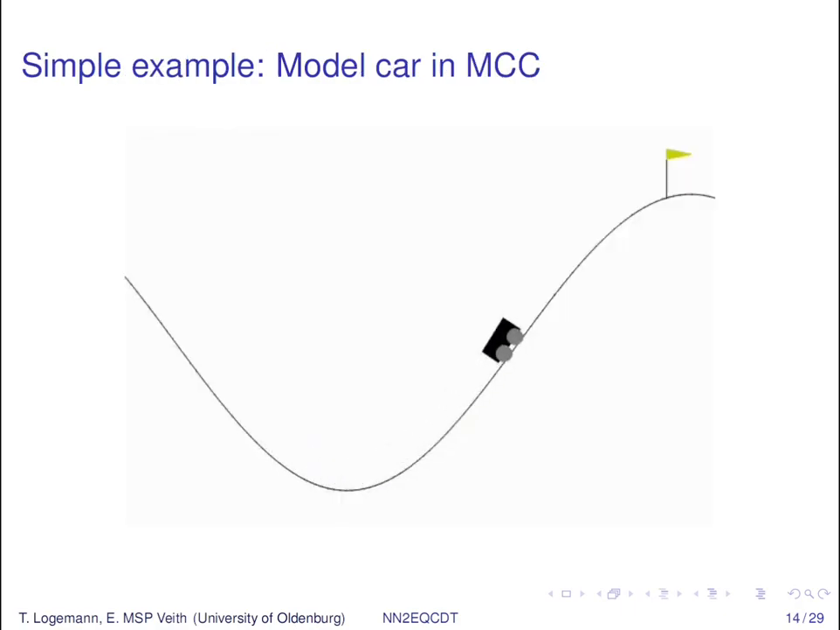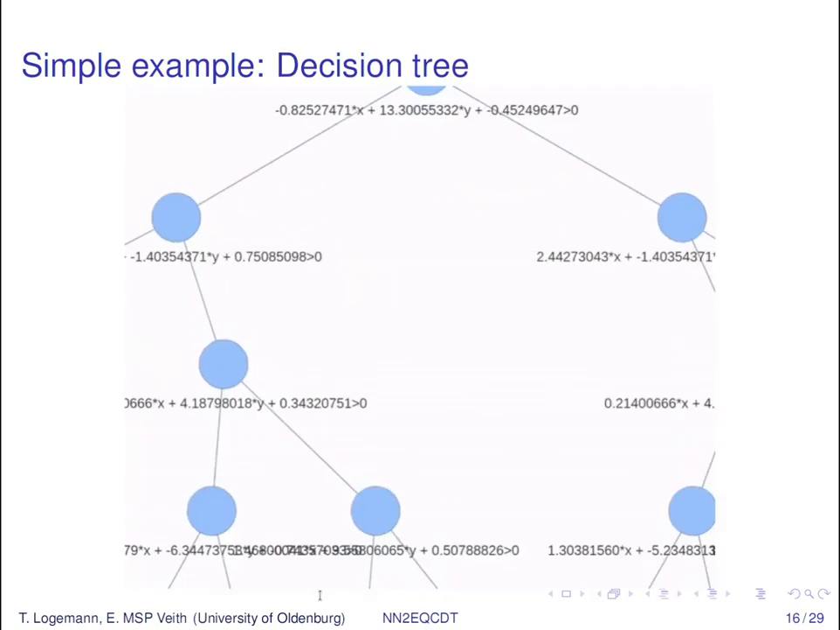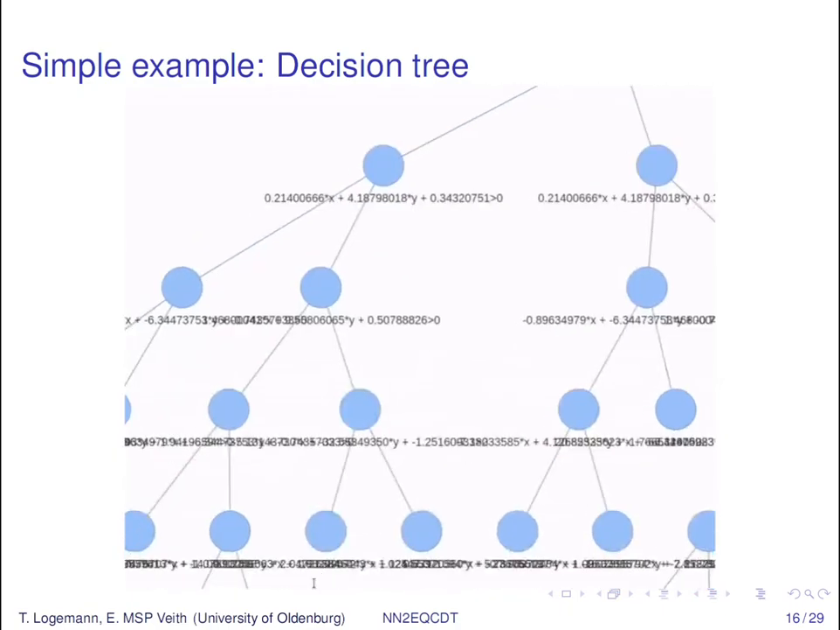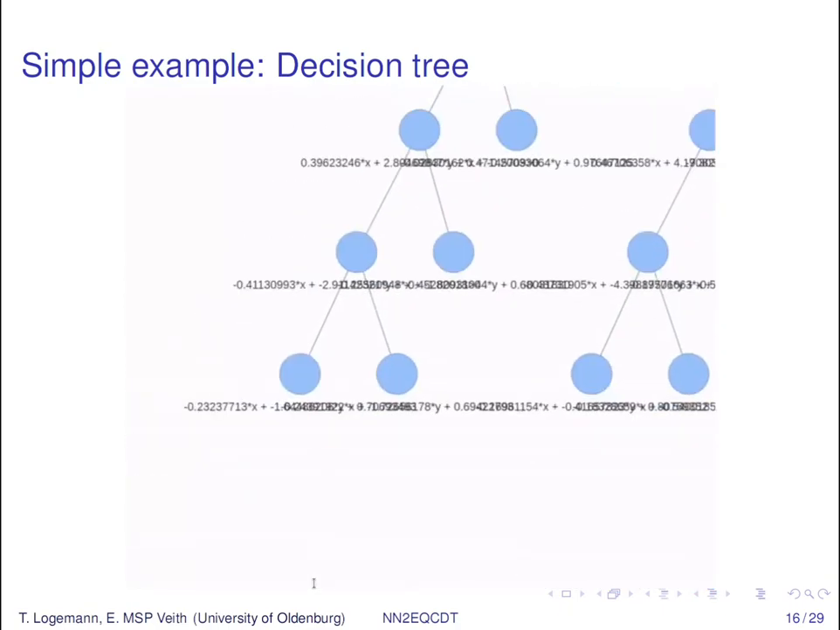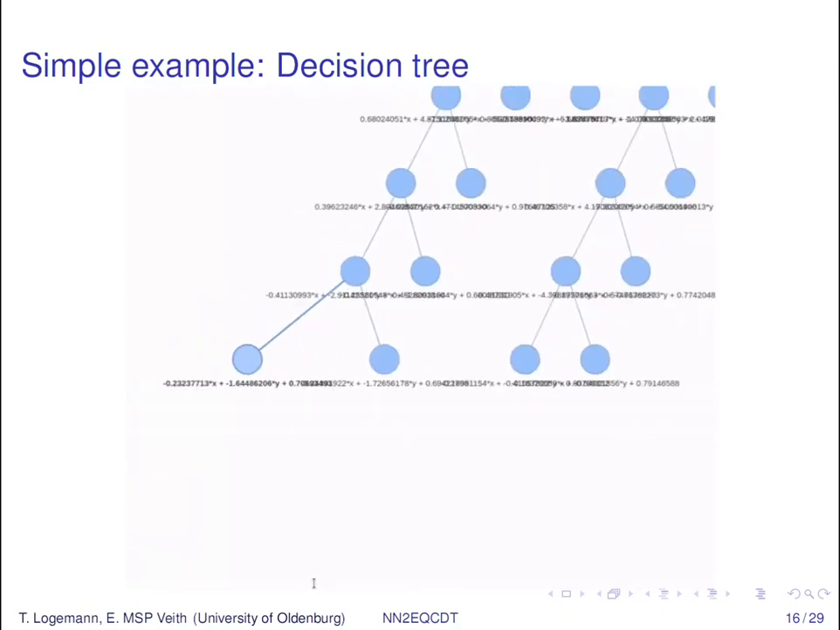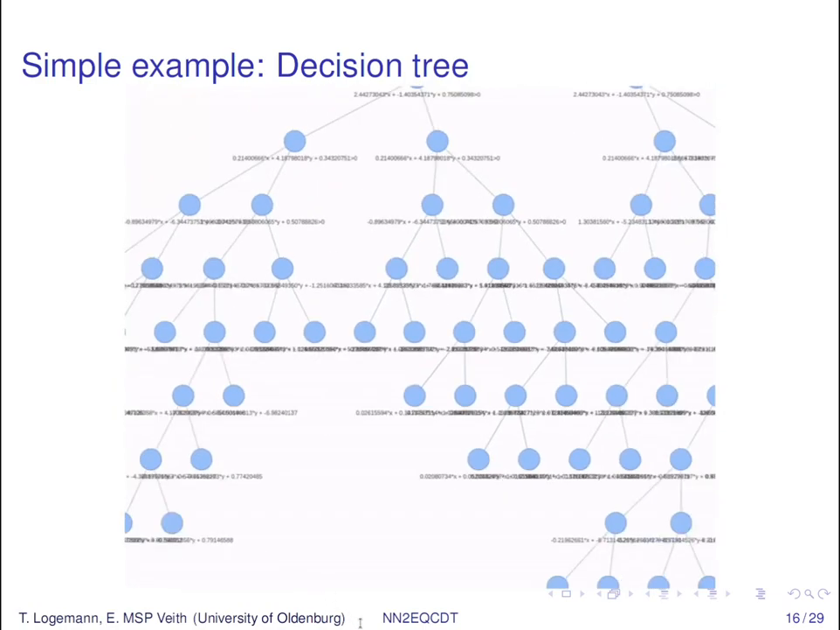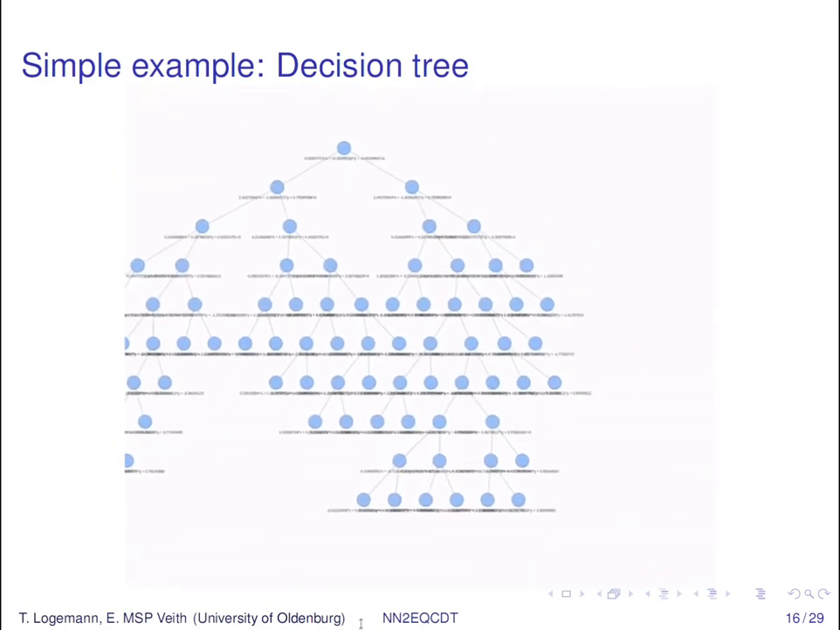Furthermore, we learned a DRL model for the benchmark continuous mountain car setting and applied the NN2EQCDT algorithm to it. The model is capable of moving the car up the hill, as you can see in this GIF. This is the decision tree for the model. I'm sorry that it is so fast, but you can also have a look at it in the referenced repo